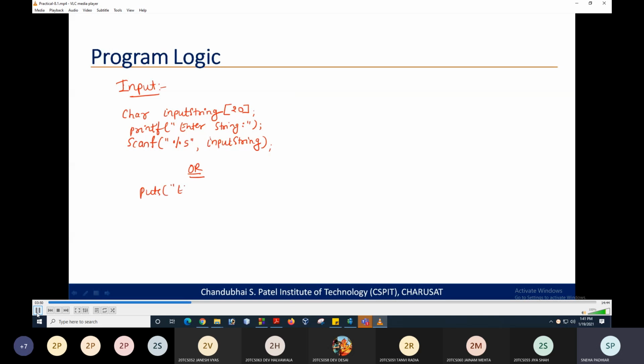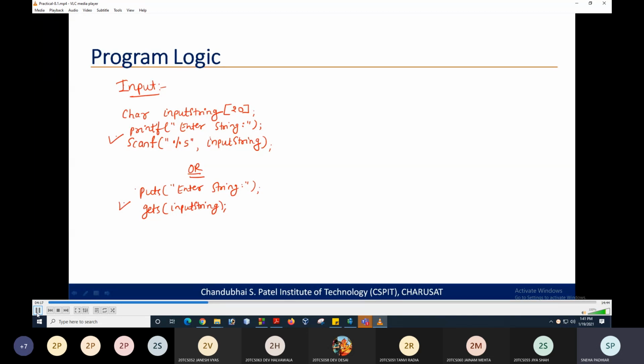So puts, enter string, these are specifically for strings, right? And gets, and you just need to pass the variable name, and the variable name in our case is input string. So in this way you can take the user input. So this is method 1, this is method 2.